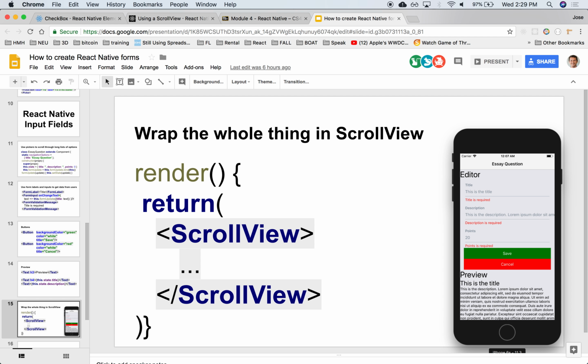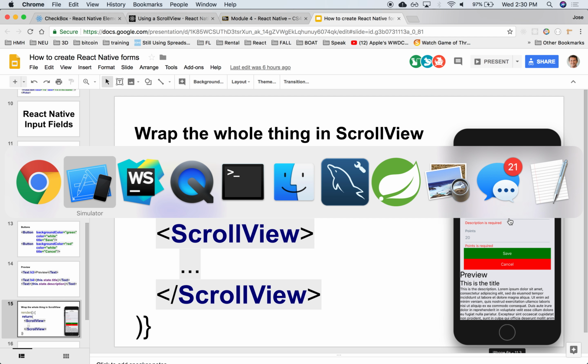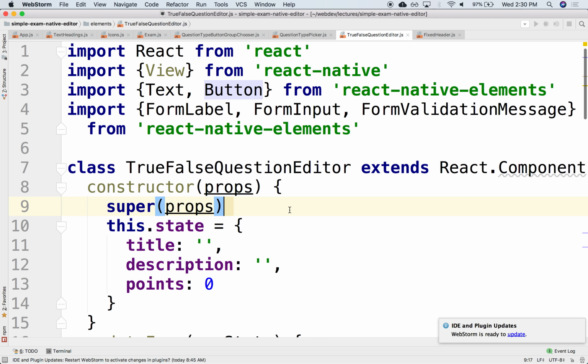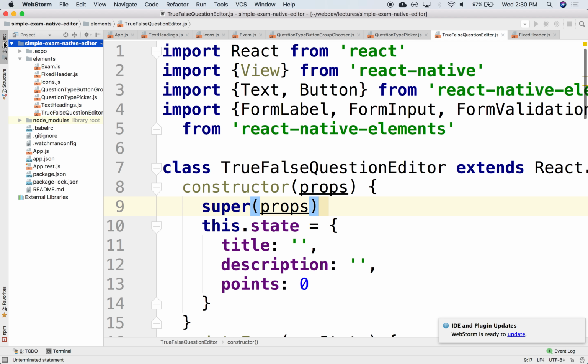So scroll view allows you to handle content that's fairly long, right? What you could do is just wrap the entire content with scroll view. So instead of having a regular view, you can use a scroll view instead, and then it allows you to scroll. Notice that the current implementation doesn't allow you to scroll, even though it has quite a few pieces of content. So what you could do is, in the outermost element,